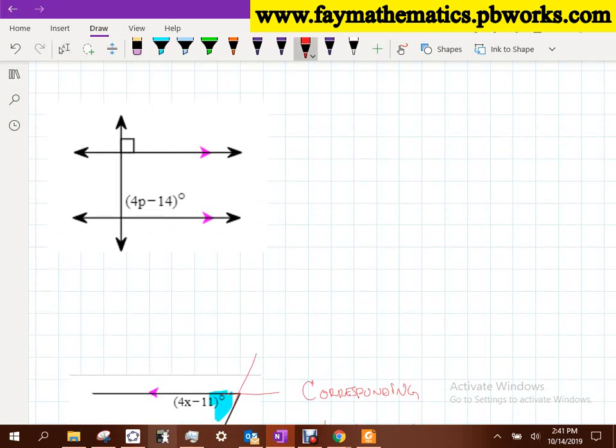Again, what kind of angles then? These are parallel lines. What kind of angle is that and that in terms of their location to one another? In terms of are they same side interiors, alternate interior, alternate exterior, or corresponding? What are they? Corresponding. Good. Okay, so we're going to say that corresponding angles are congruent. So what is the number that they're putting there? Okay, so they're saying 90 degrees there. So we should say 4p minus 14 equals 90.